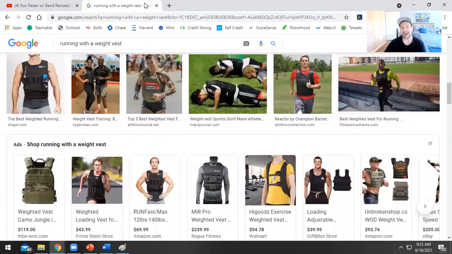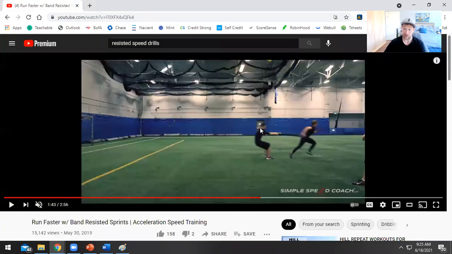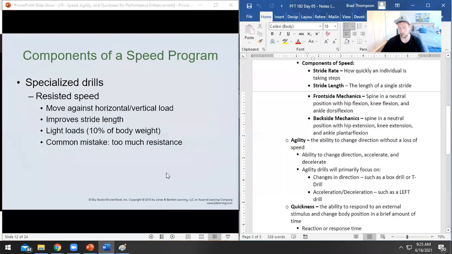But generally, I'm not a big fan of running with weight vests. I think weight vests are a really cool tool if you're doing jumping. Great, yeah, going straight up and down, that's against the resistance, right? But I'm not a huge fan of using weight vests as a way to improve your speed. Mental toughness, absolutely. Endurance, yeah, probably, right? Speed, not so much.